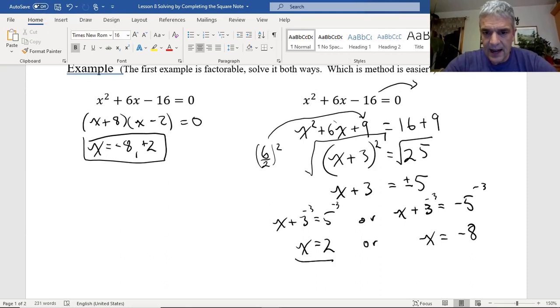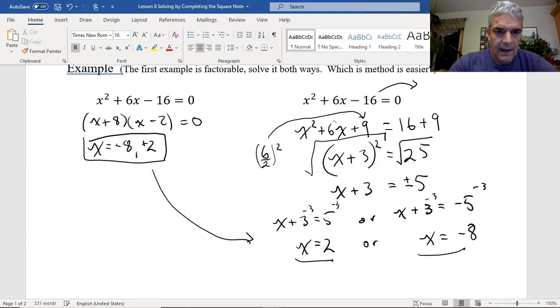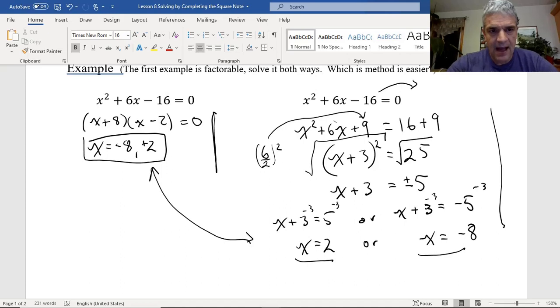And you will see that I ended up with the exact same answers as over here at factoring. I don't think there's any argument that this is a much easier solution than this. There is no way, if I can factor a quadratic equation, that I would not be choosing to use factoring. But if I cannot factor it, then my only option is to come over and use this method here, which